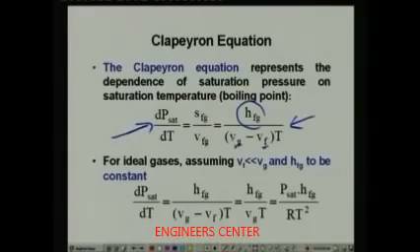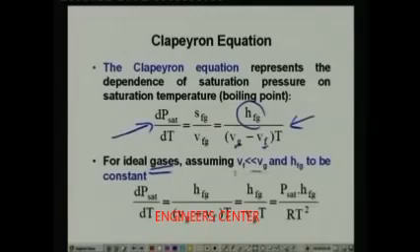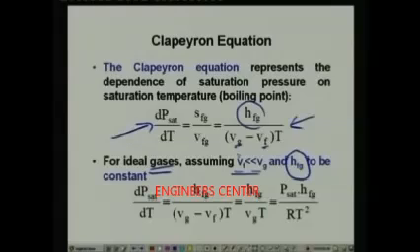And the simplification of the Clapeyron equation results if you assume ideal gas behavior, and if you also assume that the specific volume of the saturated liquid is much smaller than the specific volume of the saturated vapor, and the latent heat of vaporization does not vary much with temperature. If you make these assumptions, since V_f is negligible compared to V_g, you can drop this term. So this becomes H_fg by V_g into T, and